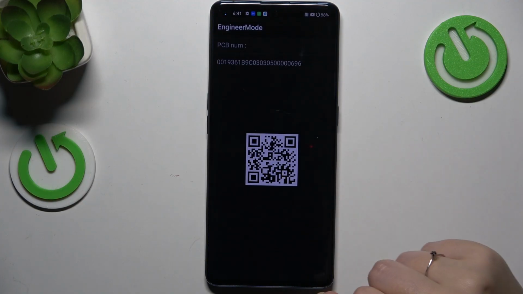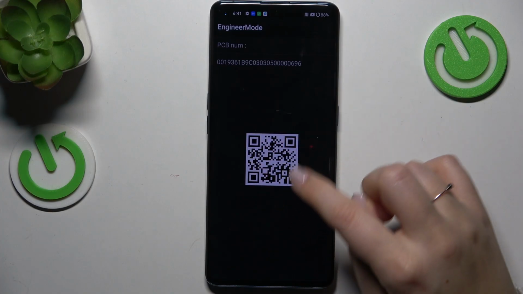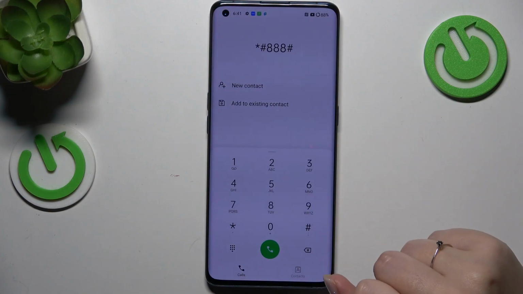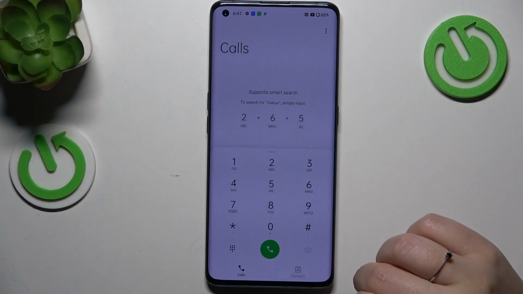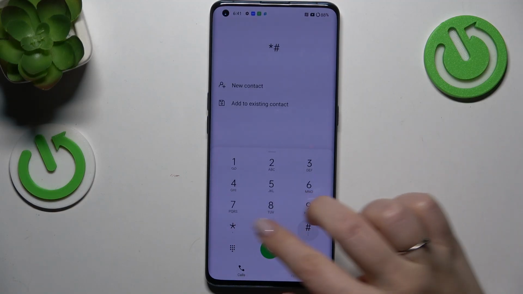*##888#. And here we've got the PCB number and the QR code, which we can scan and learn more about our device. So now we can open the phone information, which is